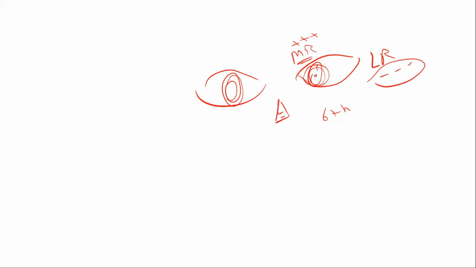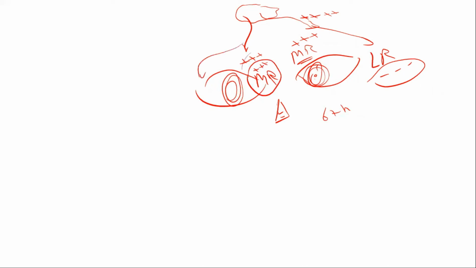Let's say contraction. But the brain is always trying to stimulate the lateral rectus. The brain is sending impulses in a hope that the lateral rectus will function. At the same time, there are also strong impulses to the medial rectus, so we have medial rectus overaction. And as you know, by Sherrington's law, there are inhibitory impulses to the lateral rectus. So these are the changes in the muscle whenever we have 6th nerve palsy.